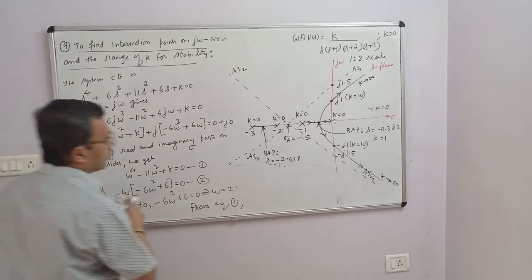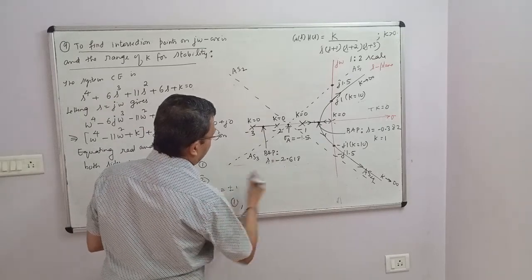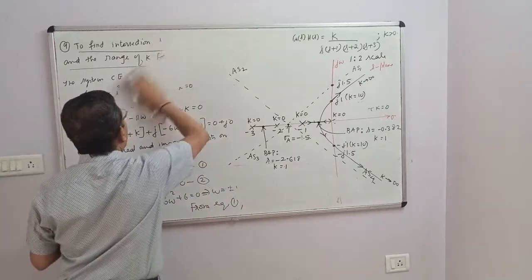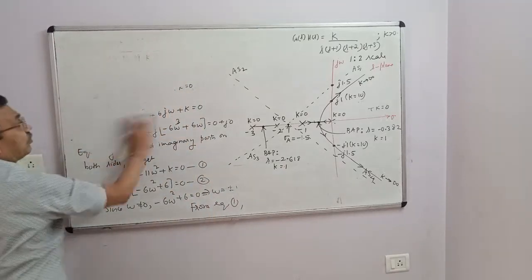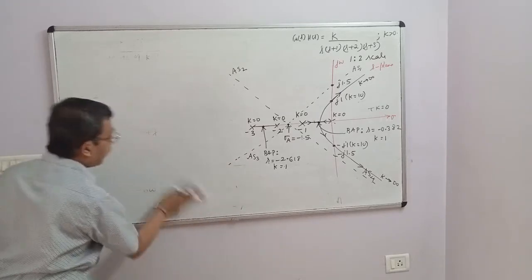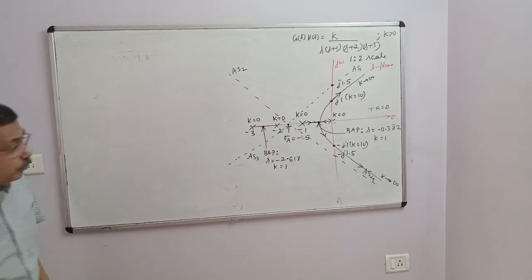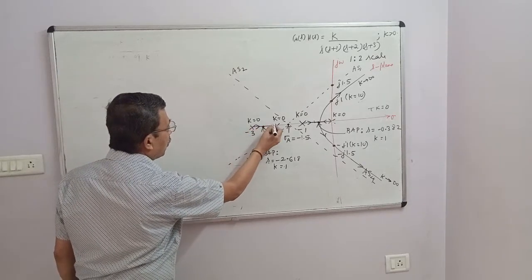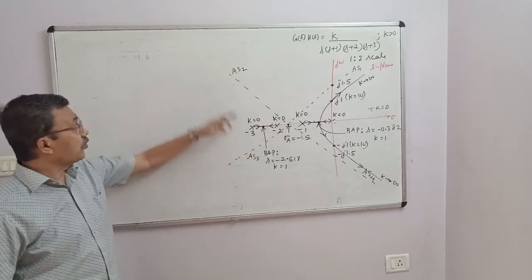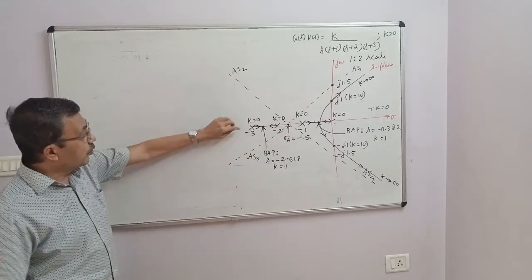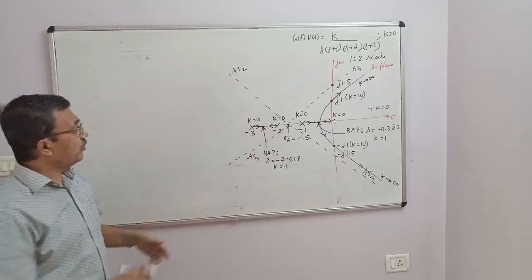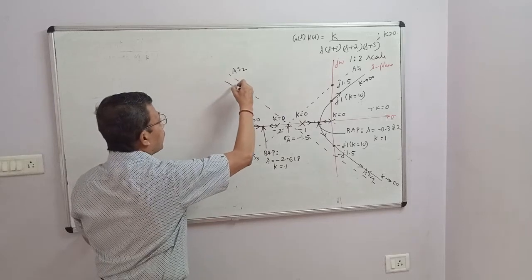So there are 4 branches. All the 4 branches have to go to infinity to meet the zeros. These zeros are called infinite zeros. They are residing at s equal to infinity. These two poles will move towards each other, meet at the breakaway point. These two poles have got option either to select AS2 or AS3. Let me assume that this pole selects AS2. Then the other pole has to select AS3. So let me put the figure.